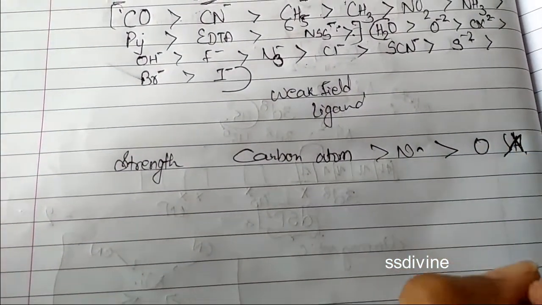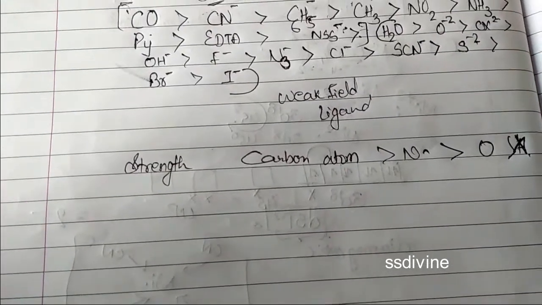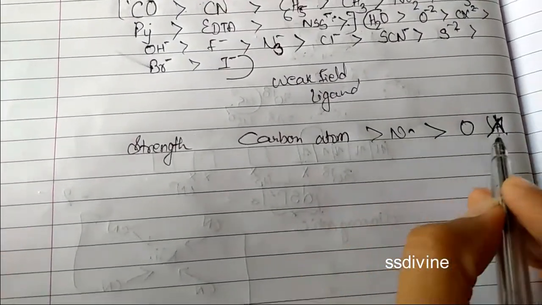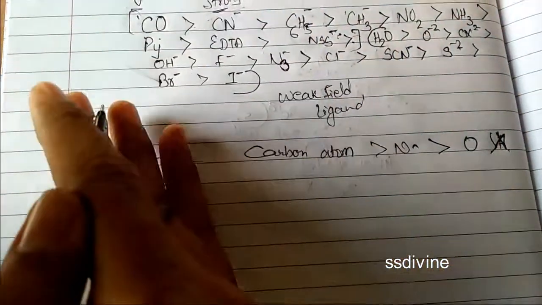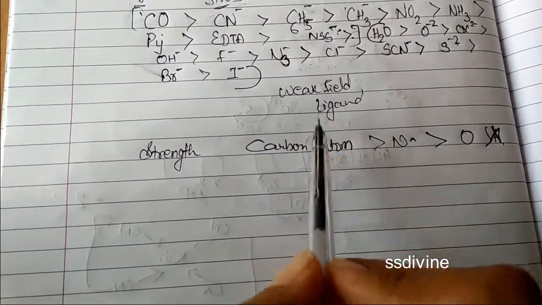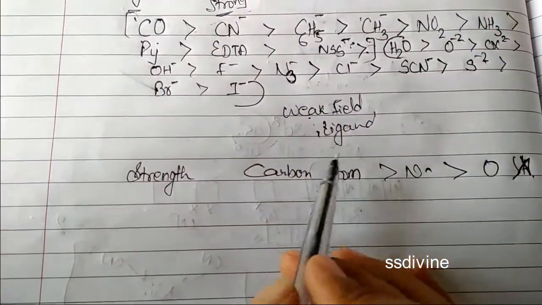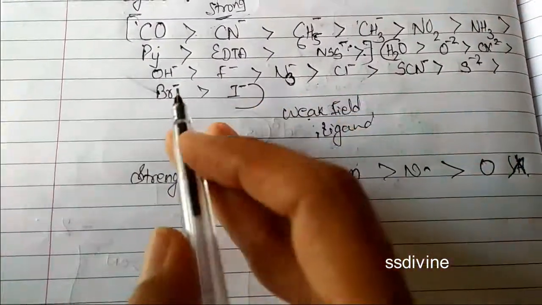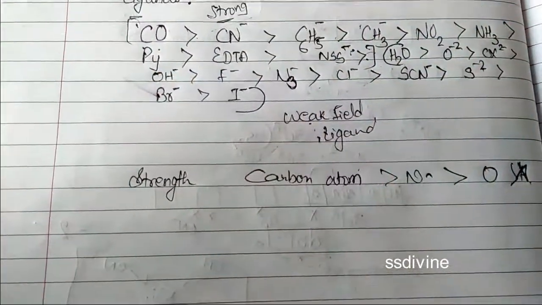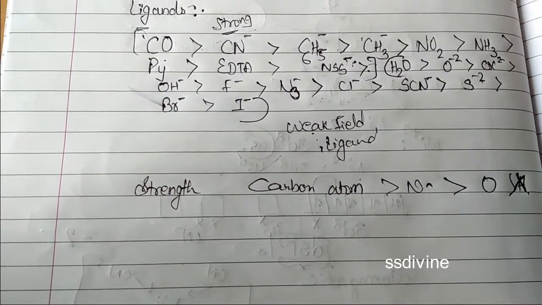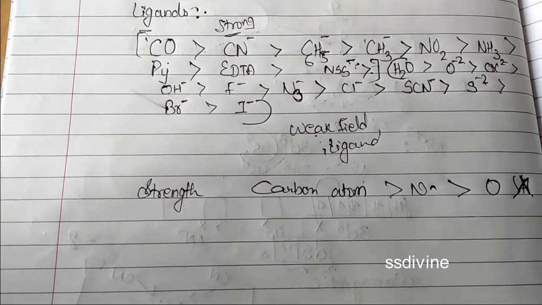So pairing of electrons will occur against Hund's rule in the presence of a strong field ligand, and you will get inner d orbital hybridization. But in the presence of a weak field ligand, even if they try to pair up the electrons, they will not pair up the electrons, and hence it will take up the outer d orbital. Clear? So I think it will be clear for you.